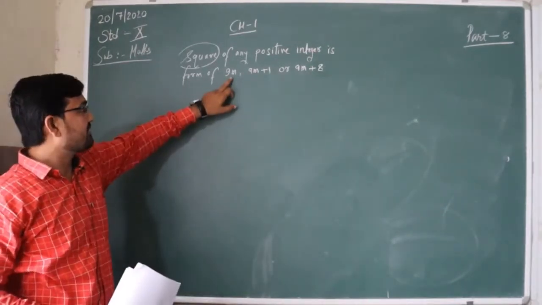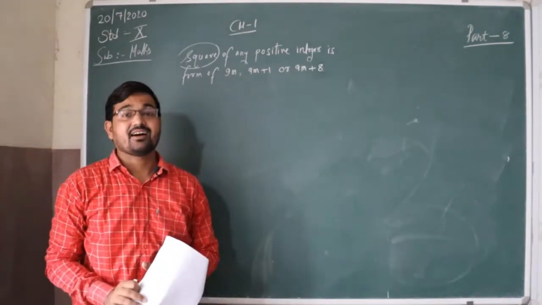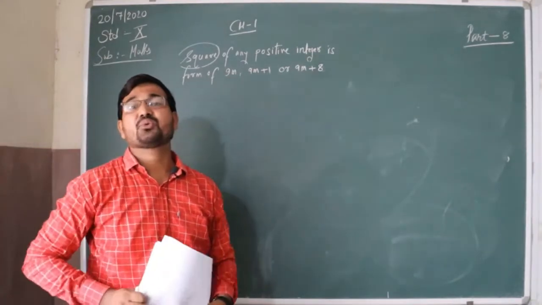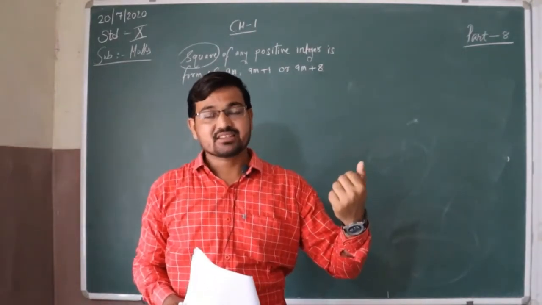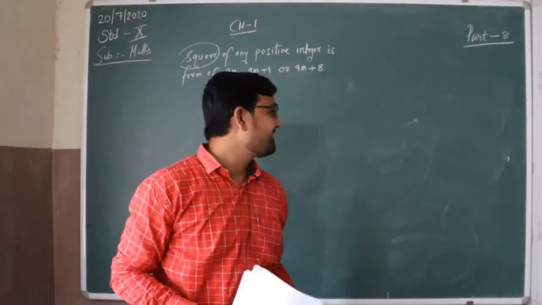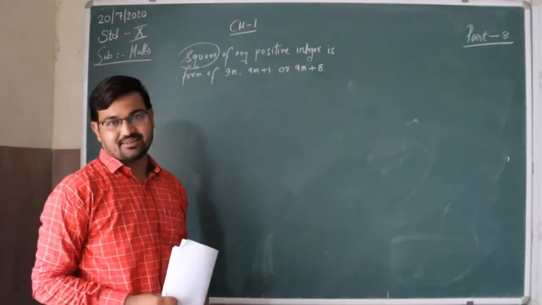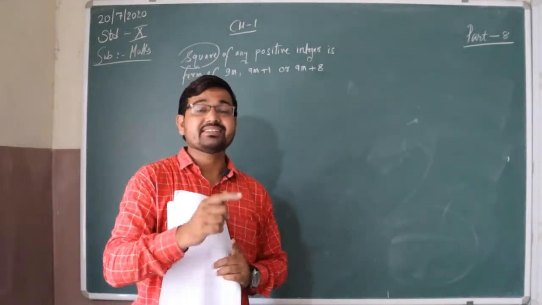So students, what is there? The coefficient of m, 9, is there. Now if I take b equal to 9, then r will be equal to 0, 1 to 8. It means we have to put r nine times, from 0 to 8. Then this will become a very lengthy sum.